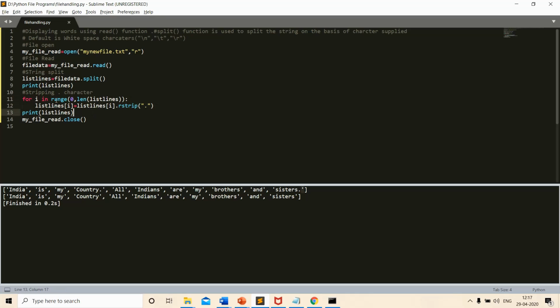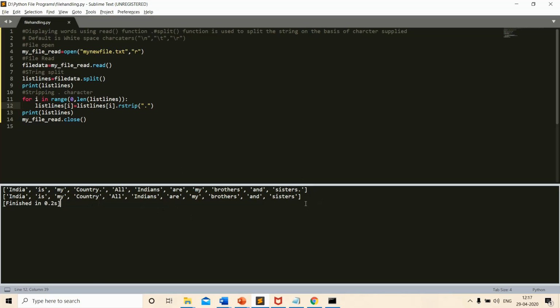For i in range, that is, I have defined range for specifying the index of each element of the list. So what am I doing here? I am overwriting each element of the list. How am I overwriting each element? If the element contains a dot at the end, I am just removing the dot and then putting it in the same location. So the location of the elements won't change, but the benefit is that now I will get very neat and clean data: India is my country, and the dot or any other characters are now removed.